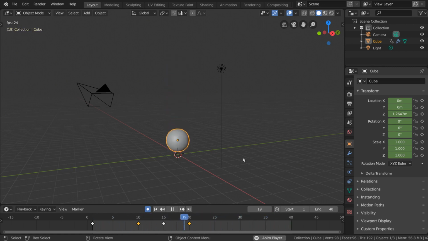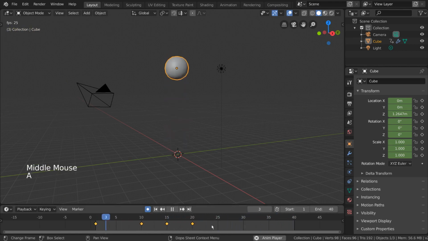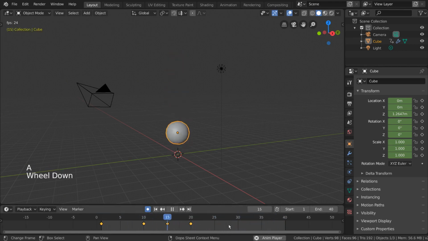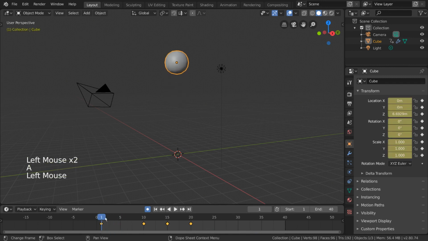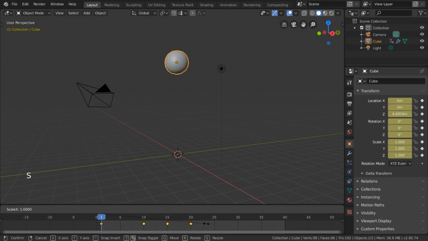But what if we wanted to slow it down a bit? Let's pretend it's going in slow motion, for example. Luckily, with our timeline's basic keyframe manipulation features, that's easy. Simply select all the keyframes in your timeline by pressing A. Then you can bring your current frame back to the beginning and hit S to scale your keyframes outwards from